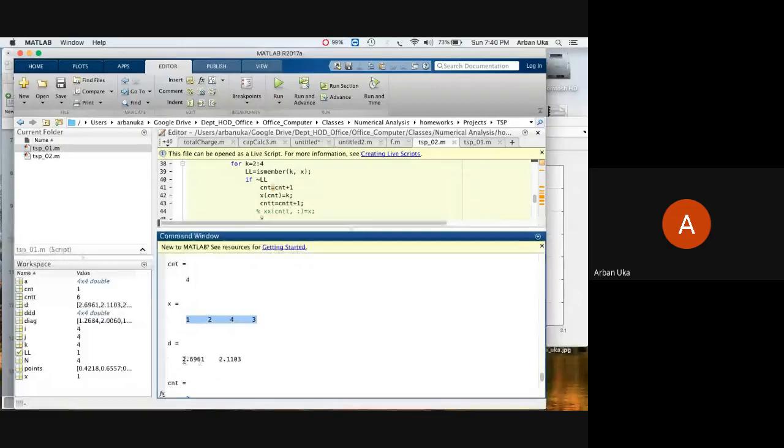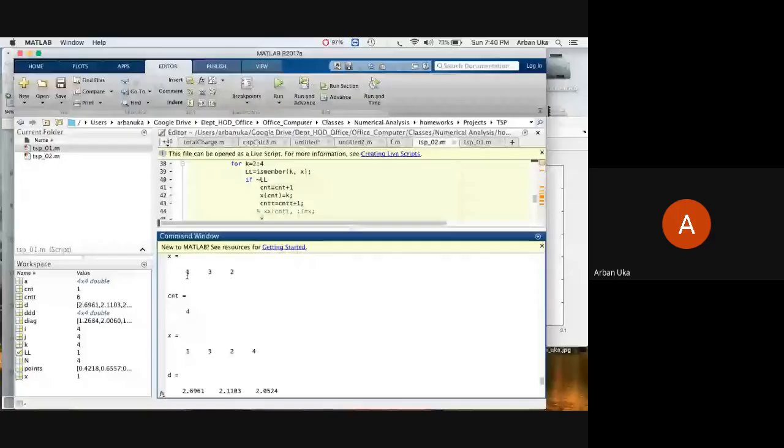But now we did 1, 2, 3, 4, now we did 1, 2, 4, 3, and now let's cut short a little bit this vector x. We go like this, and then we get 1, 3, 2. Okay, we go from 1 to 3, then 1, 2, 3 to 2, and then 1, 2, 3 to 2 to 4. Okay, if you get a pen and paper, you're going to see that these are all the possible